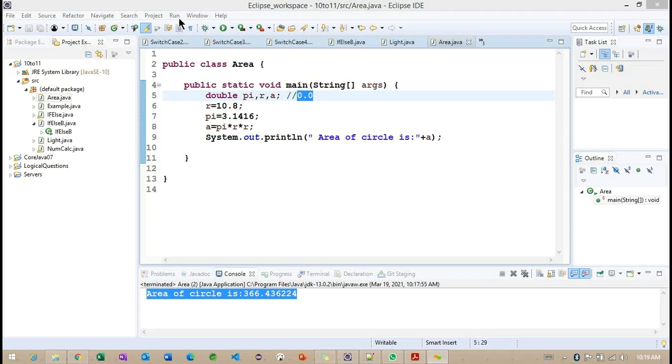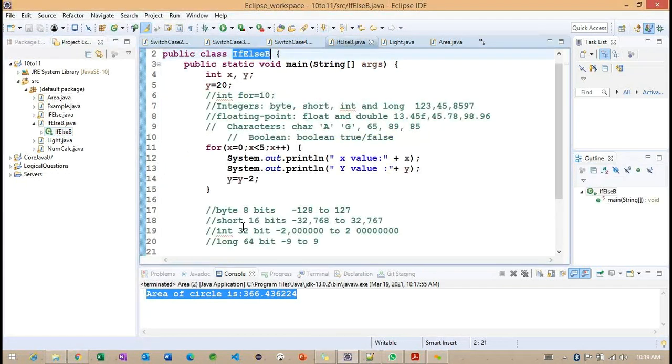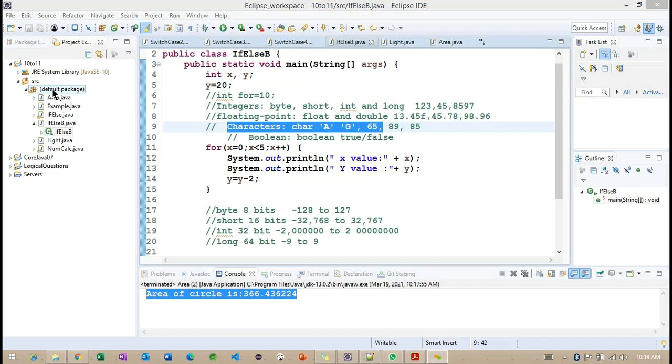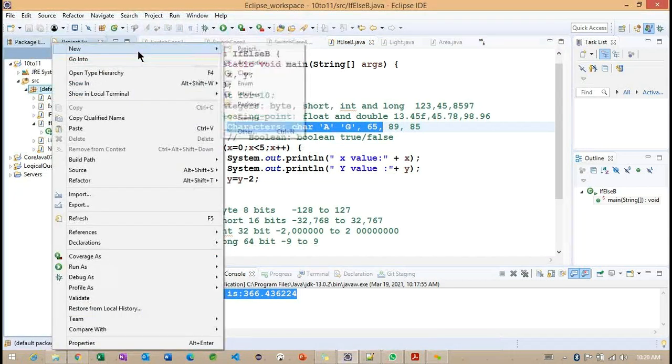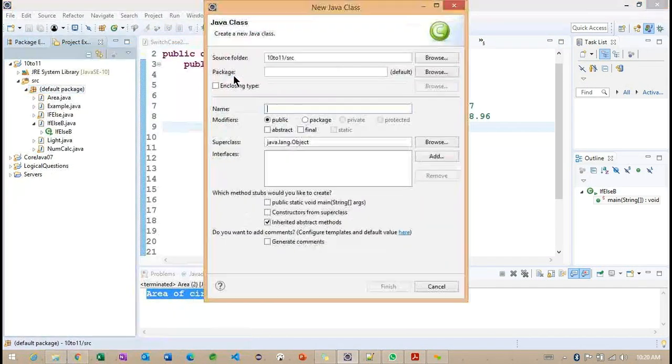So we will move on to one more data type here. That is, we discussed in the last class, another one here, character. How can we work with this particular character, and we'll have a simple example here so that we'll have more clarity. So how are we going to define the data type? Okay, let me create one more simple class here, something called CharDemo.